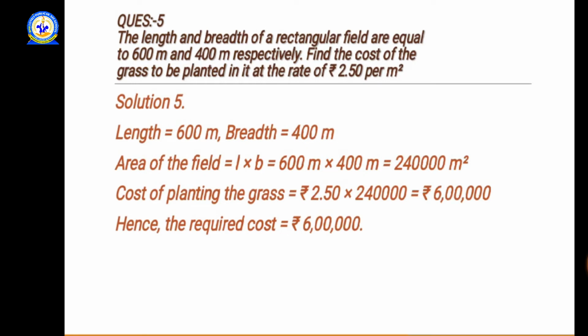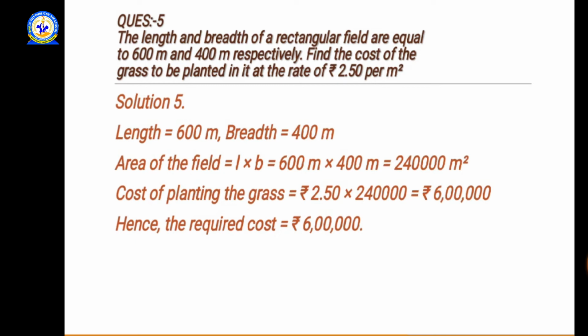Next, question 5. The length and the breadth of a rectangular field are equal to 600 meter and 400 meter respectively. It means the length of the rectangular field is 600 meter and the breadth of the rectangular field is 400 meter. Find the cost of the grass to be planted in it at the rate of rupees 2 rupees 50 paisa